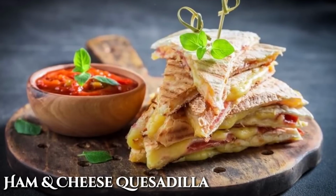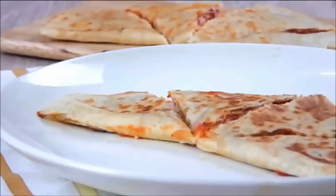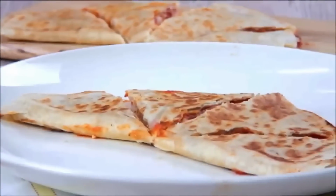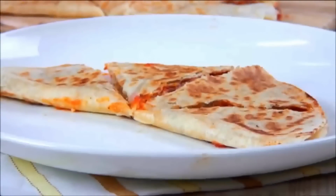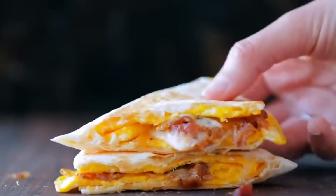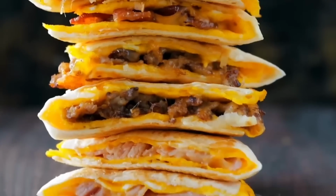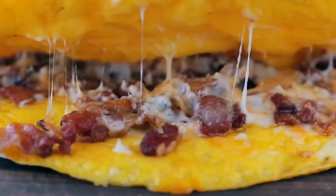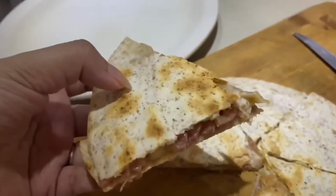So our next dish comes with a bit of a history lesson that goes way further back than the time of our grandparents. Ham and cheese quesadillas may have been what they were binge-eating daily and serving up to us, but where did quesadillas ever come from? Apparently, they were not an American invention, and nobody could really find a solid name that they could credit with making the idea up first, until people did some history digging and found out that